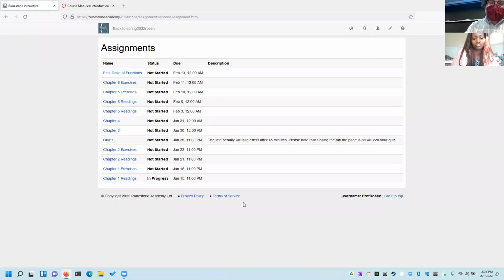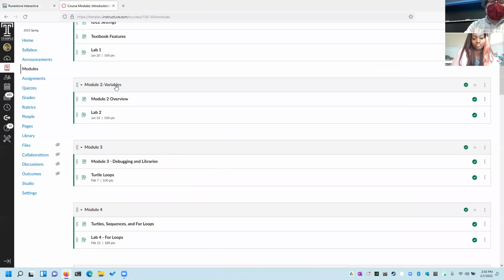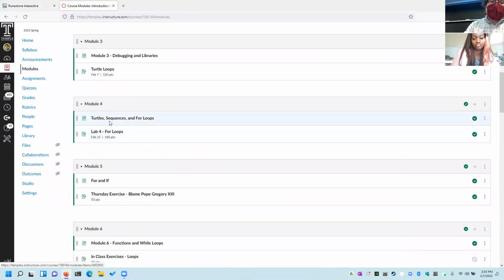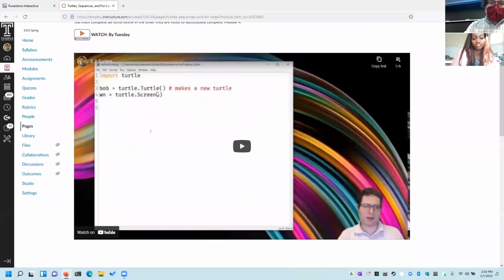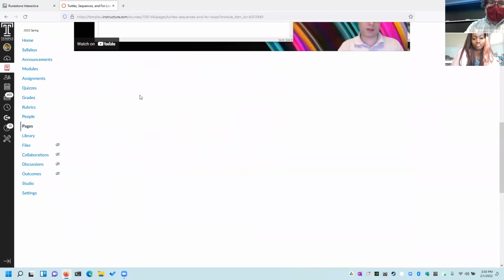So like I said, assignments are listed here, top right. Click on this, brings you to here. That brings you to the assignment page. You can also get there by going to the current module, which is module 4, and clicking